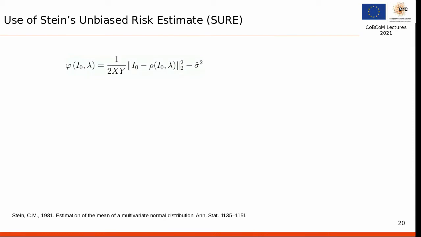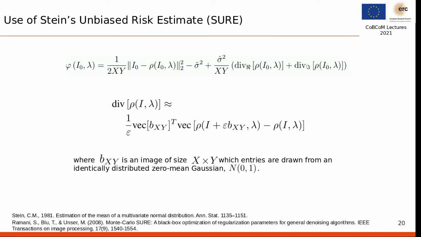So here we use exactly the same formula as before, but we add another term where some divergences of the operators appear. I'm not going to go into details with that, but I want to show how this can be estimated. And this indeed can be estimated in this way, where we apply a formula that depends on